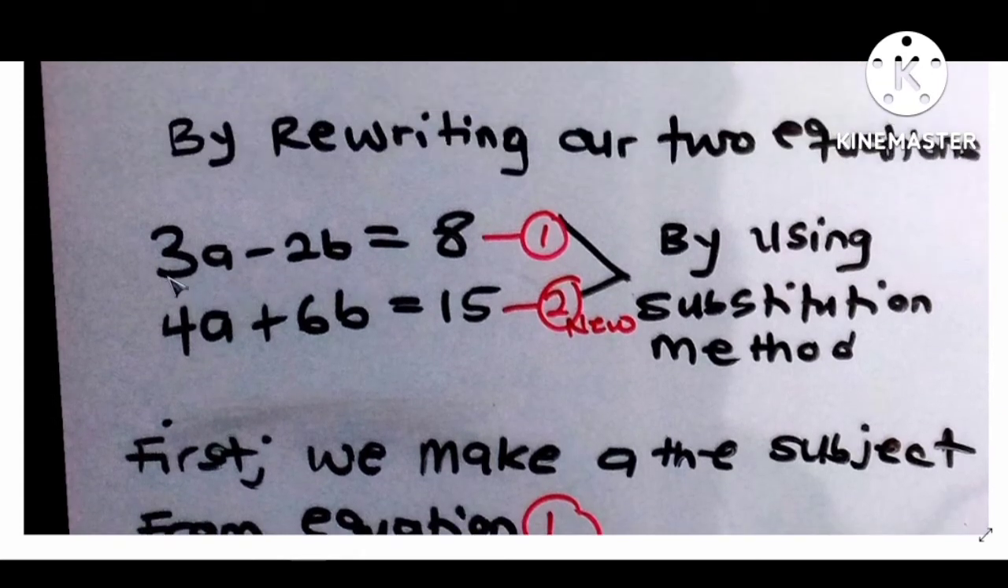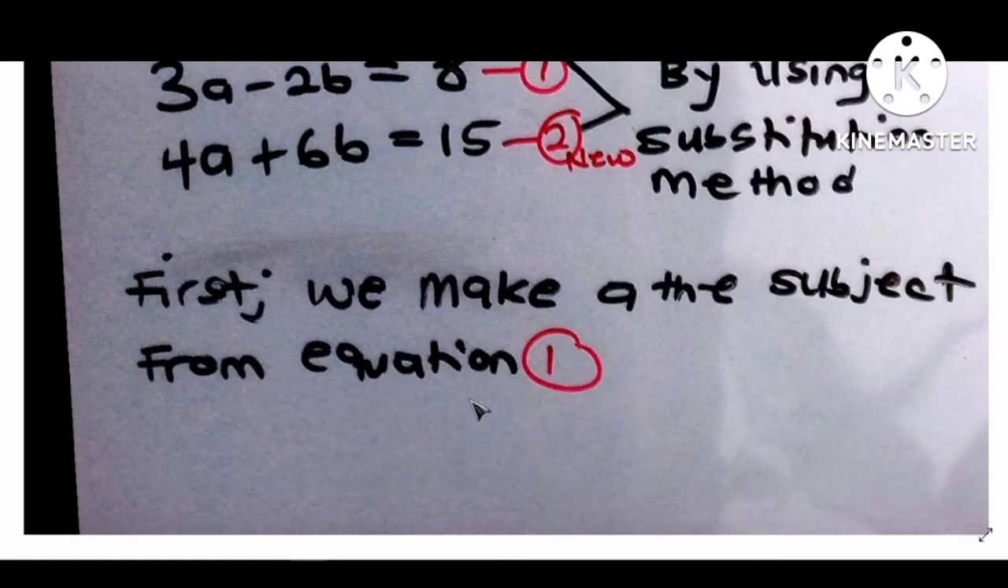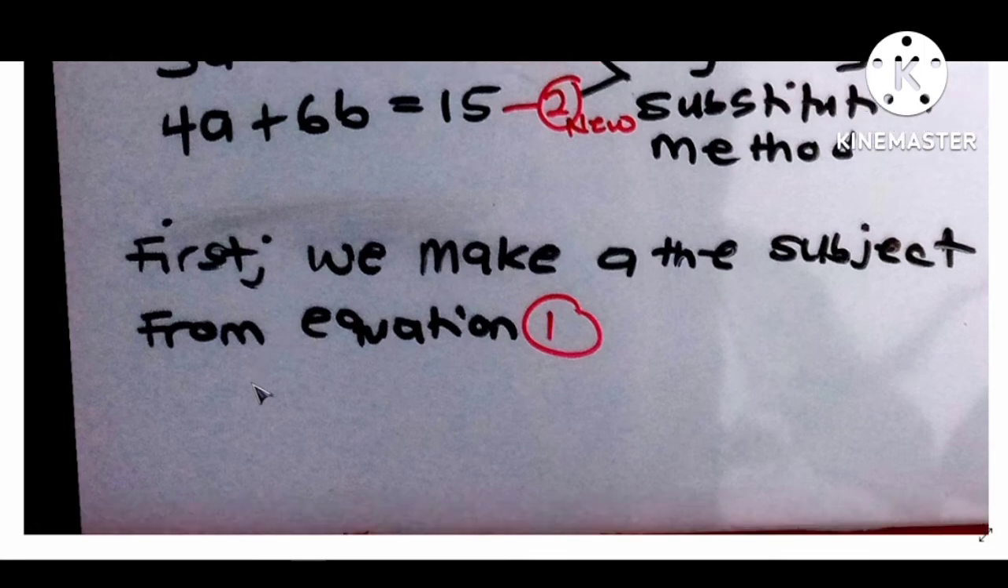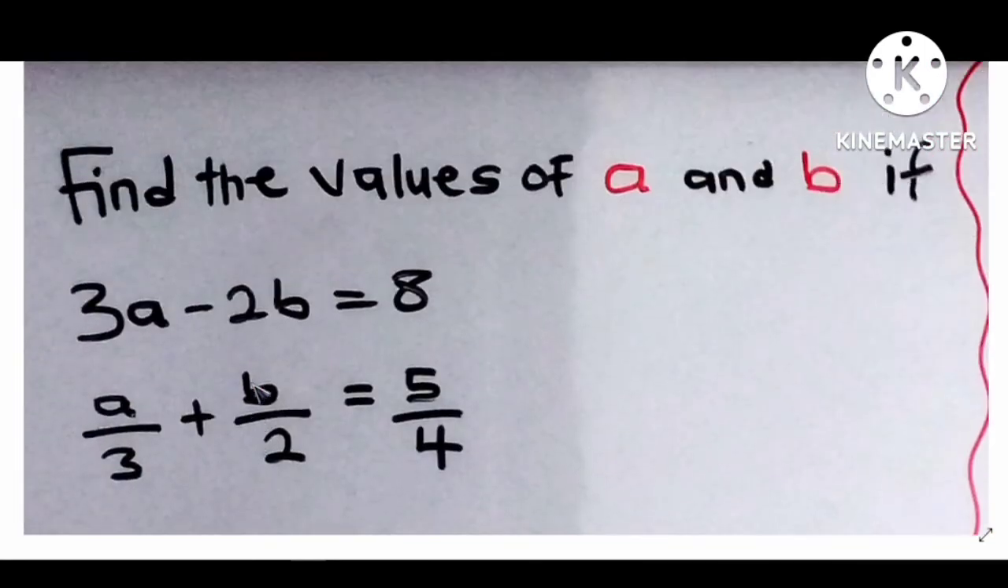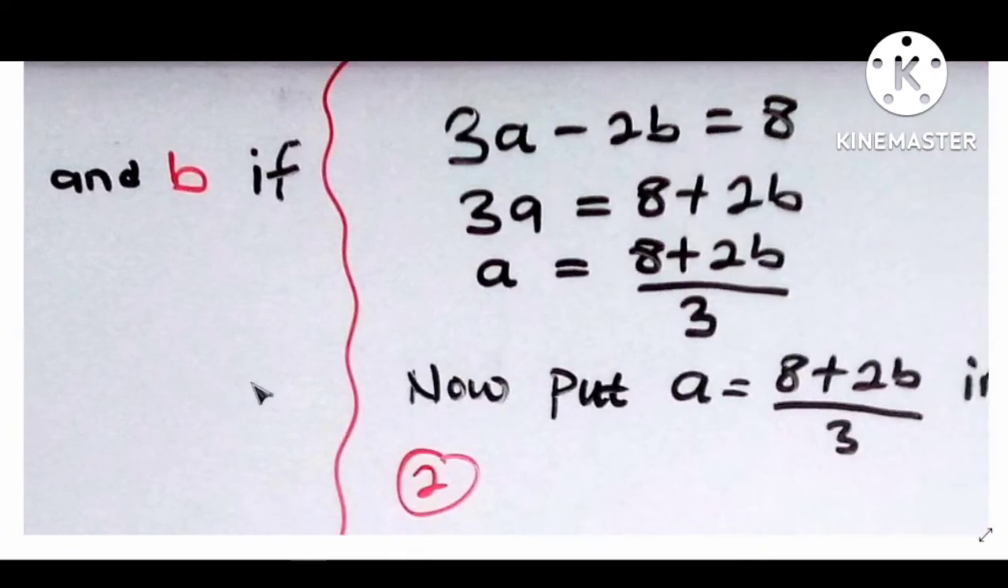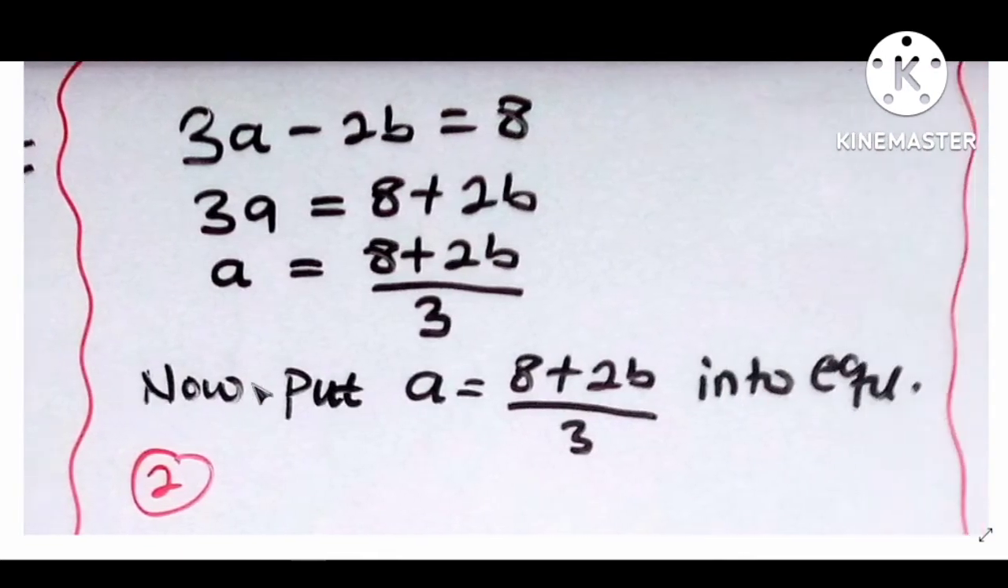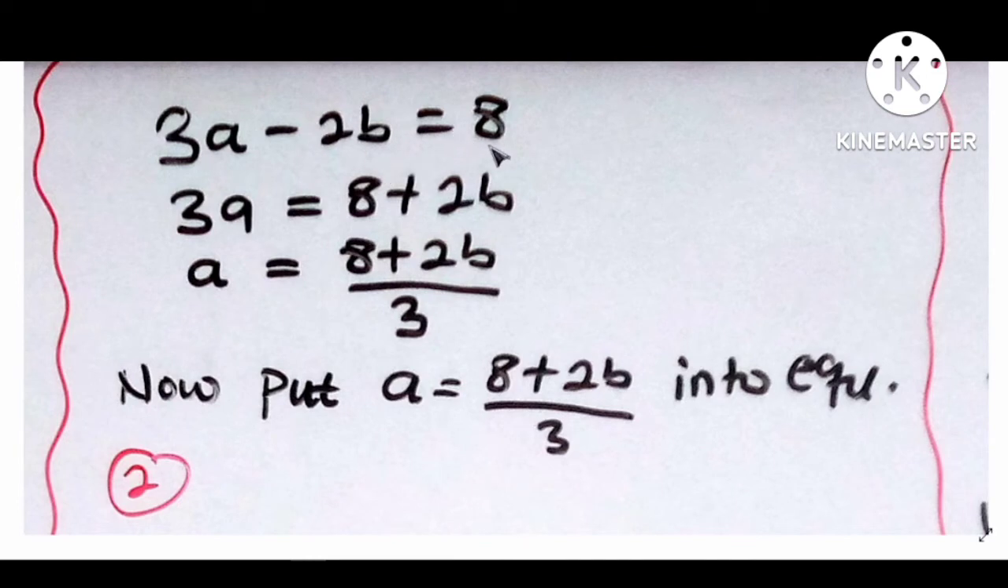So first of all, let's pick equation 1, 3a minus 2b is equal to 8, and make a the subject. We make a the subject from equation 1. So we want to make a the subject. We send this minus 2b to the other side, and we now have 3a is equal to 8. When we send it to the other side, it will be positive because it was negative here. So 8